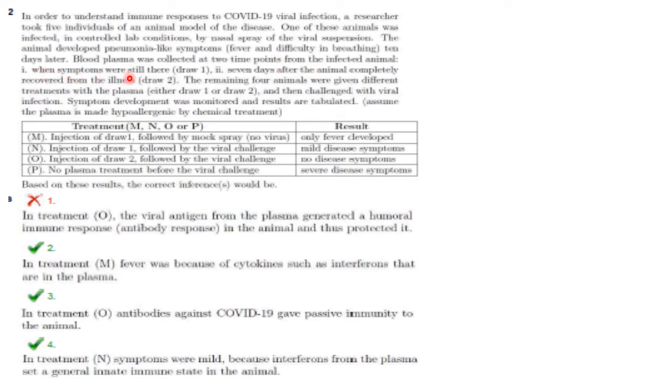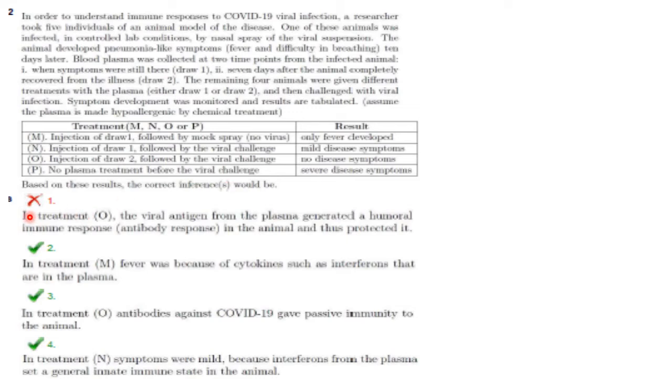When the symptoms were still there, draw 1, and 7 days after the animal completely recovered from the illness, that is draw 2. The remaining 4 animals were given different treatments with the plasma, either draw 1 or draw 2, and then challenged with viral infection. Symptoms development was monitored and the results are tabulated. Assume the plasma is made hypoallergenic by chemical treatment. Now based on these results, the correct